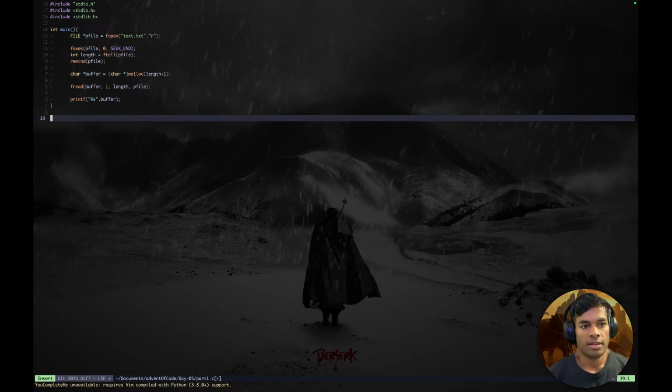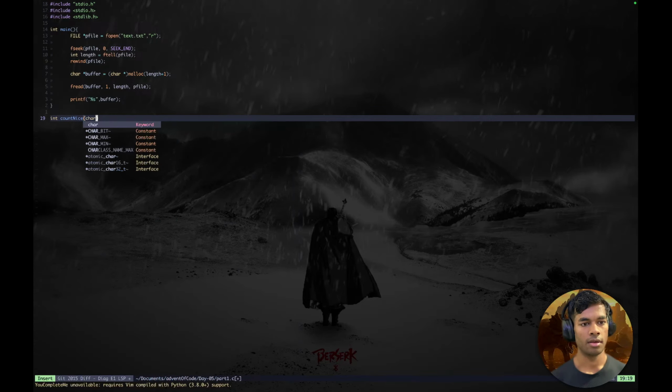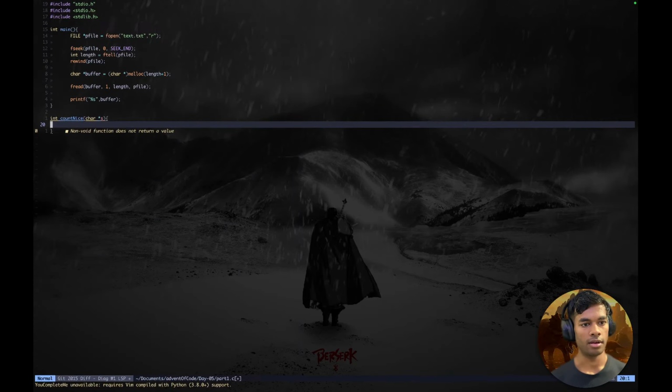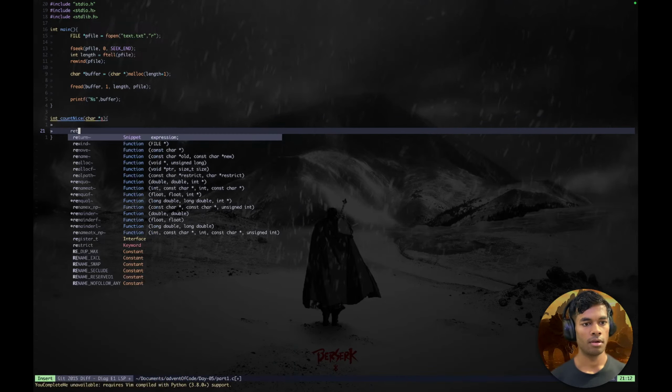A function that will take in the whole string, and it will, nope, I do not want that. Yeah, I can do that. A function that will return an integer, find nice, or count nice. It will tell me how many nice strings there are, and it will take in a string,